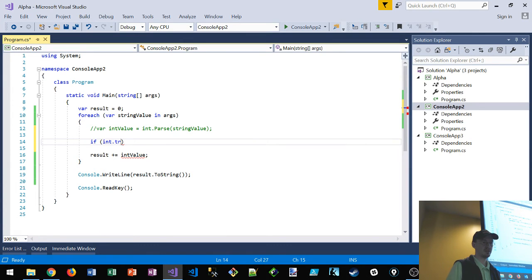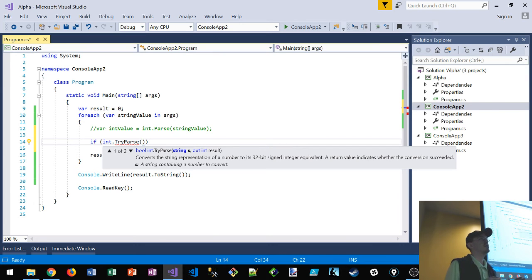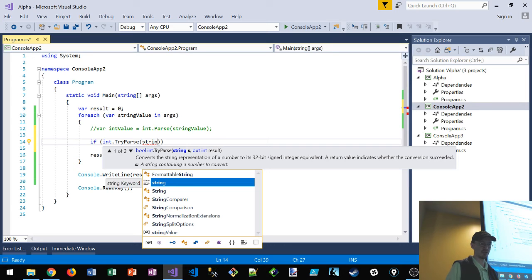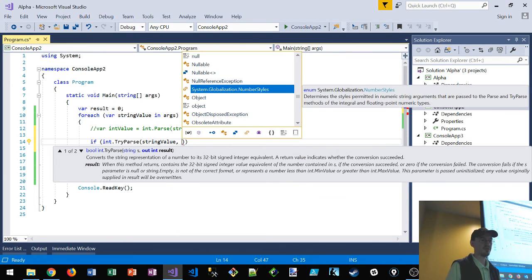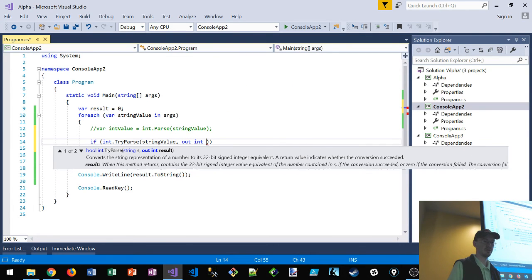If int.tryParse, because we know tryParse returns Boolean, the result of tryParse is the Boolean value we want to evaluate. So int.tryParse, we pass in the string, just like the normal parse, so we'll type in string value, out. Now I haven't shown output types, so this was the part that I left out. I was curious if you'd end up Googling this or trying to stumble onto it. We can do out int,